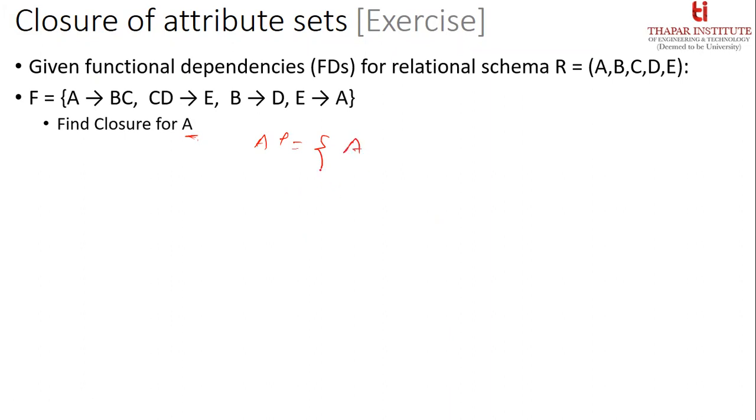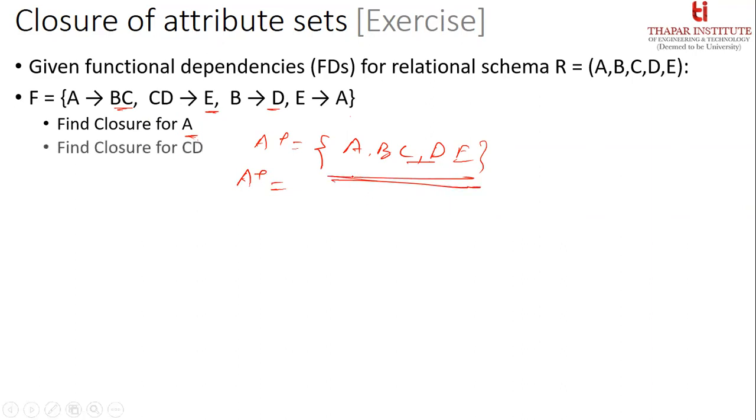देखो A plus निकालोगे तो A तो आएगा ही आएगा. Then you have to identify BC भी होगा. BC आ जाएगा. अब BC आ गया तो B से क्या आ जाएगा? D. D आ गया और D आ गया, CD आ गया, CD से क्या भी आ जाएगा? E. E भी आ जाएगा और E आ गया तो अब कोई बचा ही नहीं है इसमें, सारे के सारे आ गए. तो क्लोजर सेट ऑफ A में क्या आ गए? ऑल दी एट्रीब्यूट्स आ गए कि नहीं आ गए? इज इट ओके? CD का क्लोजर निकालो और B का क्लोजर निकालो.